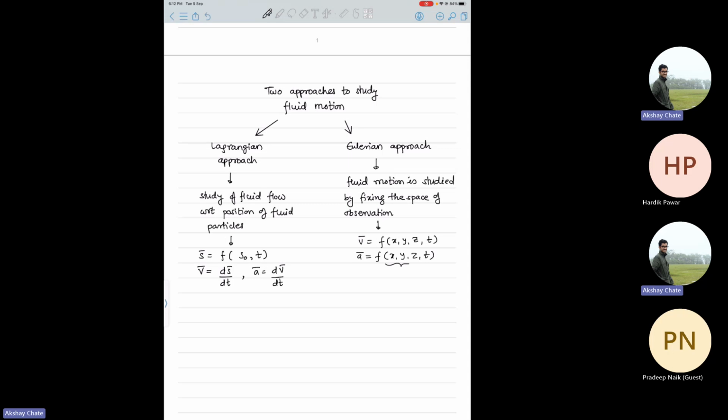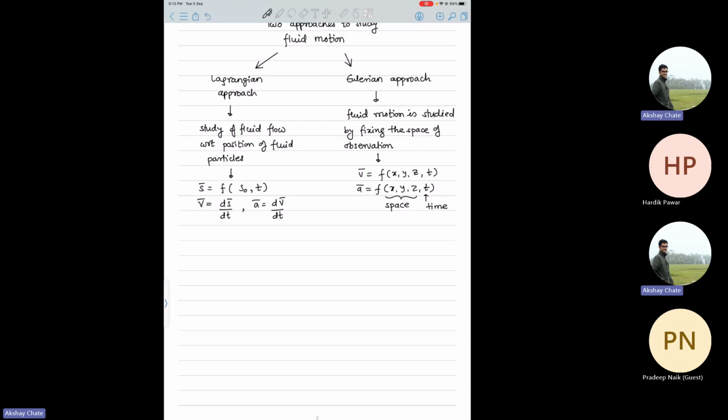So basically your velocity and acceleration, or any field variable, becomes a function of space and time. Whereas in the Lagrangian approach, it is primarily a function of time. So then,